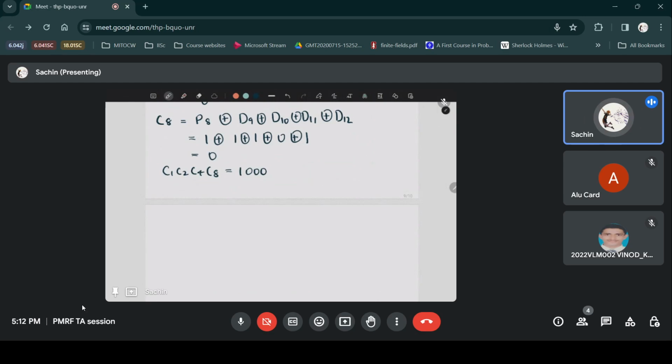So the error that we suspected has not occurred. We had suspected D3 D5 D6 to be the errors, but if that was the case then C1 C2 C4 C8 would have been 0 0 0 0. Since it's not 0 0 0 0, the error is not in C3 C5 C6. I mean it might be in one of these, it might be C3 C5, but it's not,